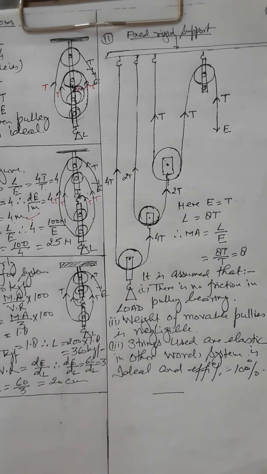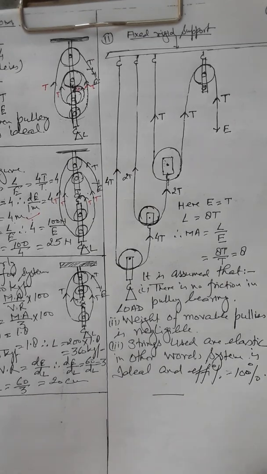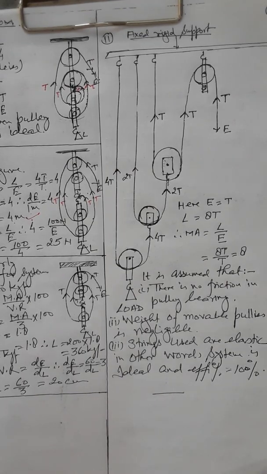Question number 10. A block and tackle system has velocity ratio 3. Draw a labelled diagram of the system indicating the points of application and direction of the load and effort E. A man can exert a pull of 200 kgf. What is the maximum load he can raise with this pulley system if the efficiency is 60%? Efficiency is given. If the effort moves 60 cm, what distance does the load move?